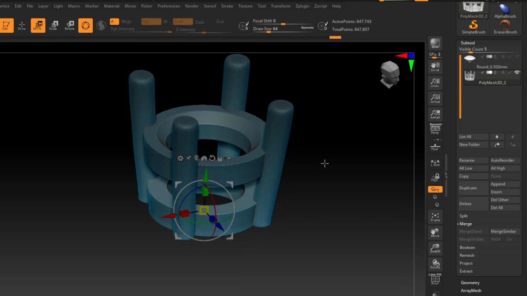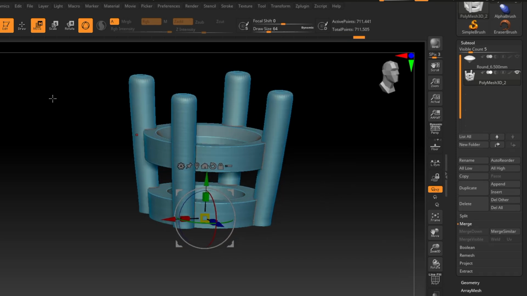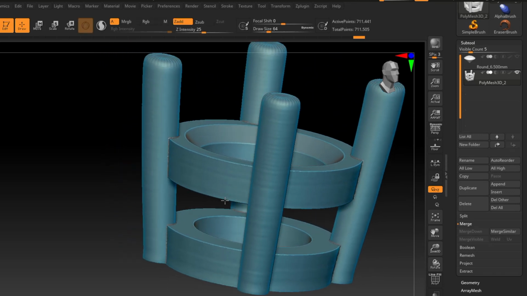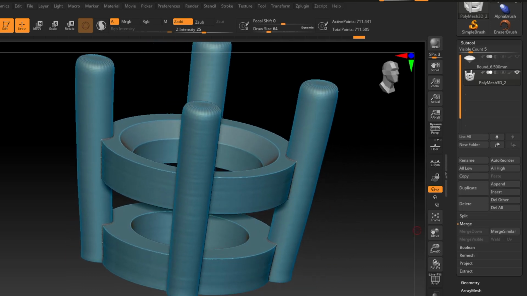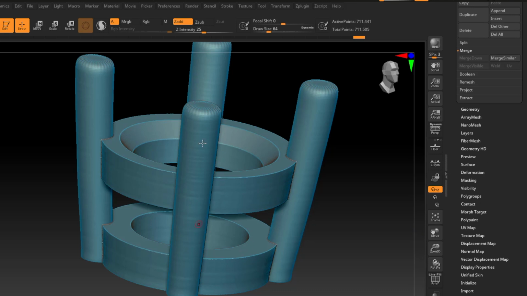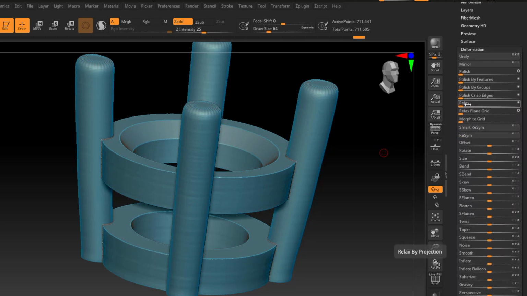So I'm going to control, click and drag off to the side to clear my mask. And then while I'm at it, I'm going to control, click and drag to re-dynamesh. You'll notice too that you get a little bit of waviness just from that tapering process. A quick way to take care of that, you can always go in with a smoothing brush to clean that up. I'm going to go into the deformation palette,